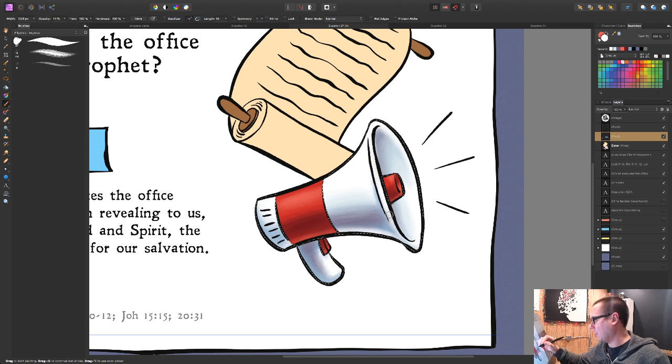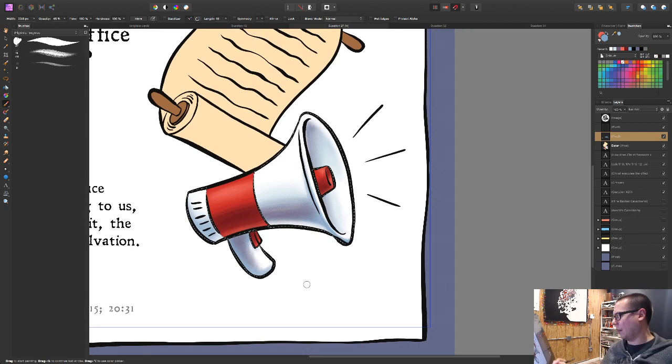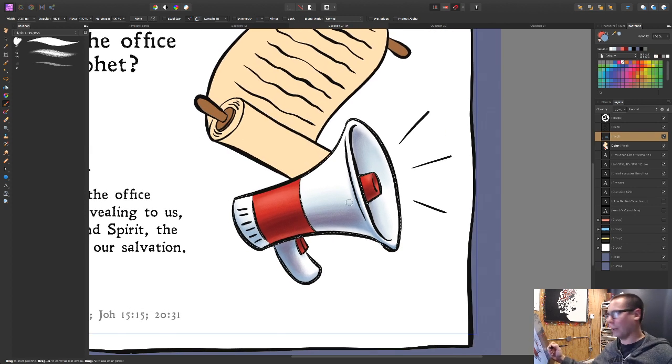How do I do shading and shadows? What do you mean? Like, what about the shading and shadows? Are you wondering? The first thing I do is figure out a direction that the light would be coming in from.